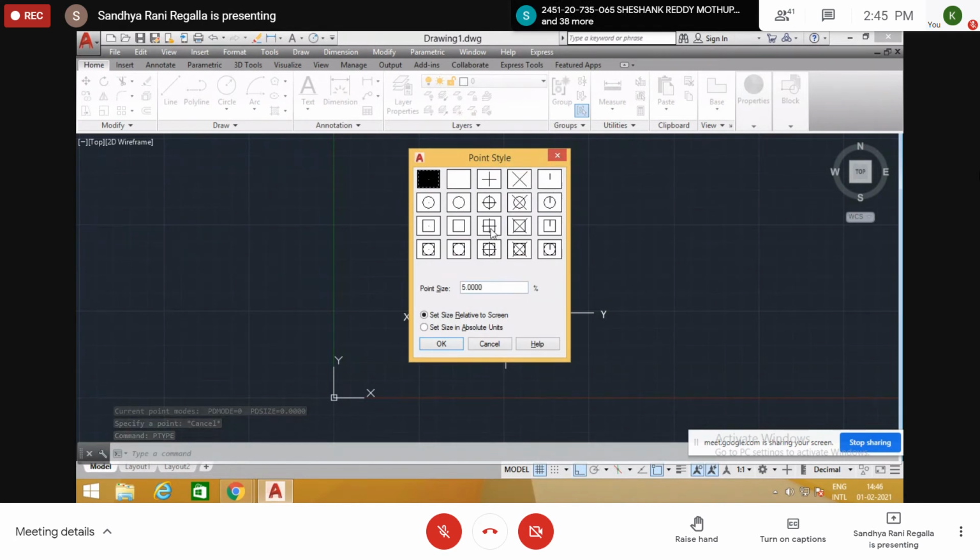The command for changing the point style is PD type. So this dot style is there. So that is why that is not visible.